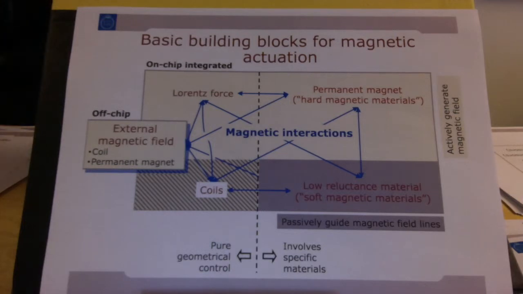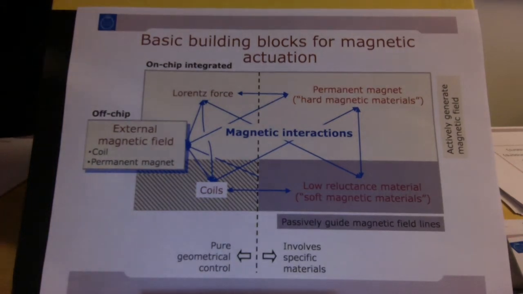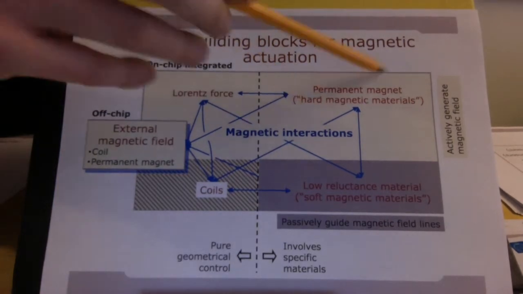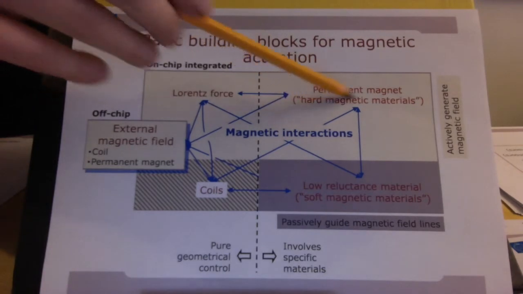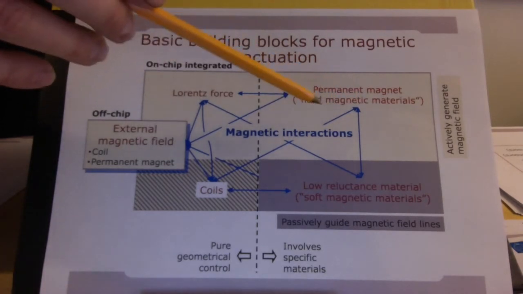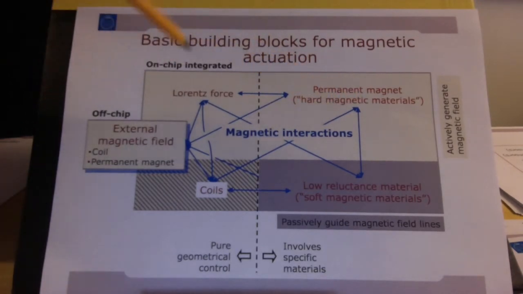So, how can we now build MEMS systems that use magnetics for actuation? We have a number of different options to do that. Either we work with permanent magnets or magnetic materials. So, for example, permanent magnets. These are hard magnetic materials to generate a force, or we're going to generate a force by a coil mechanism